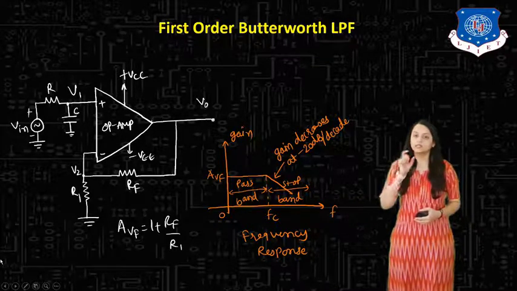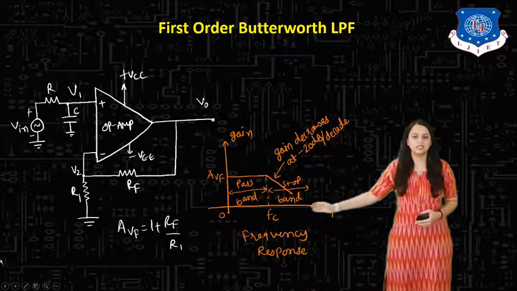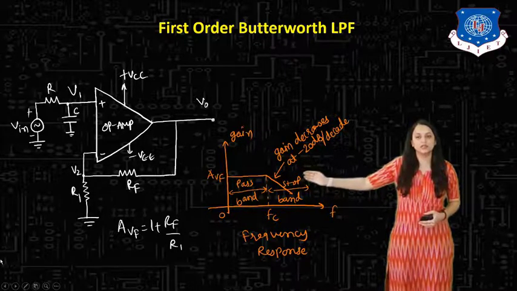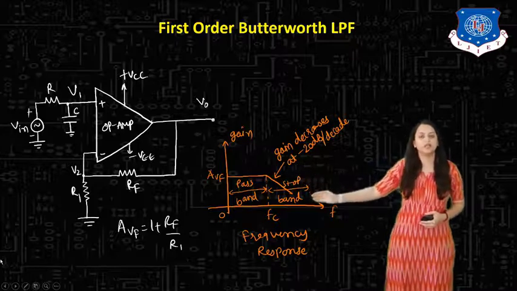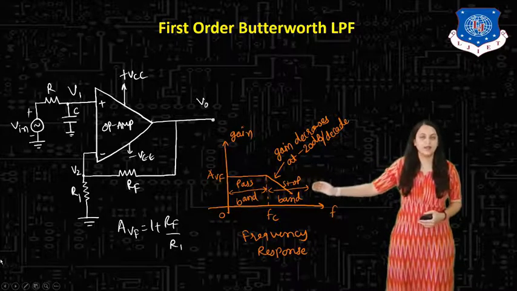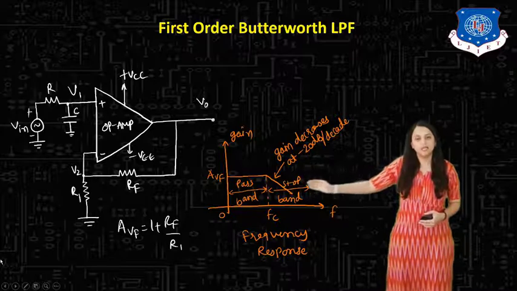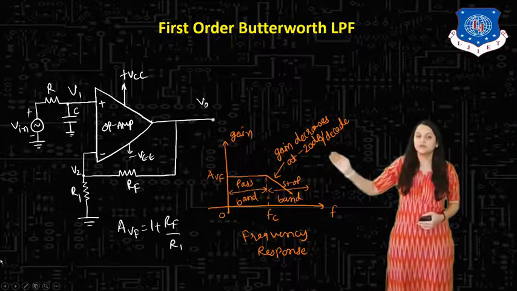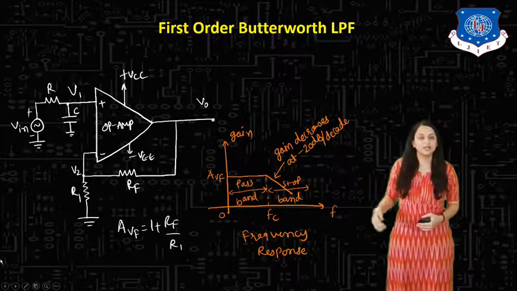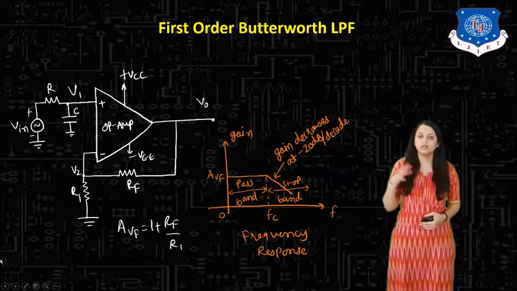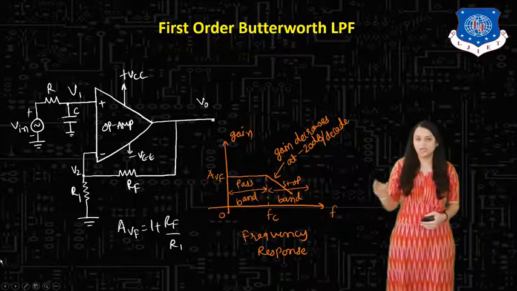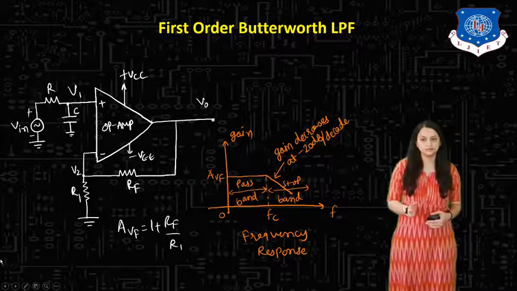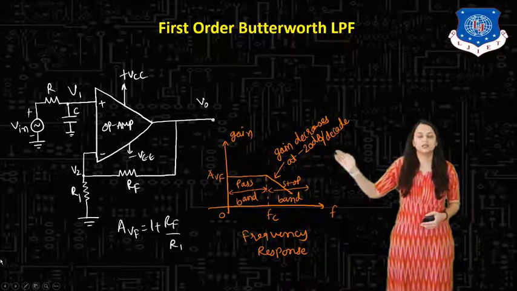In this, as it is a low pass filter, the lower frequency is in the pass band and high frequency is in the stop band. Now here, this is the practical frequency response, that's why we will have the gain decrease band. That means we have the transition band as well. So here the gain decreases at the rate of minus 20 dB per decade. This is for the first order filter. If the second order is there, this will be doubled, that means minus 40 dB per decade. If it is third order, it will be minus 60 dB per decade. Okay. This is the gain decreasing rate.